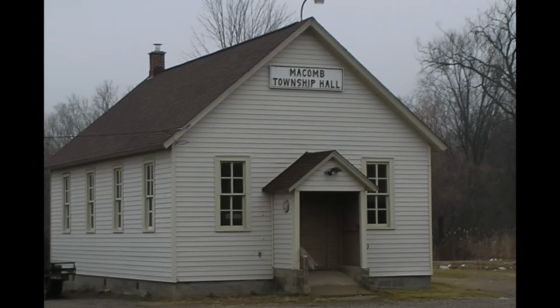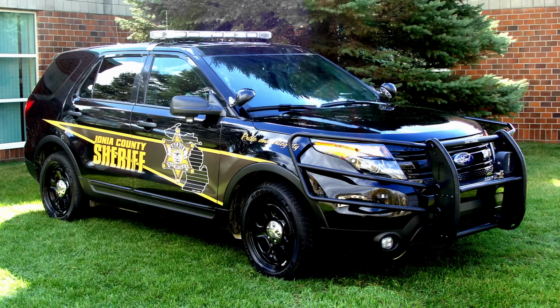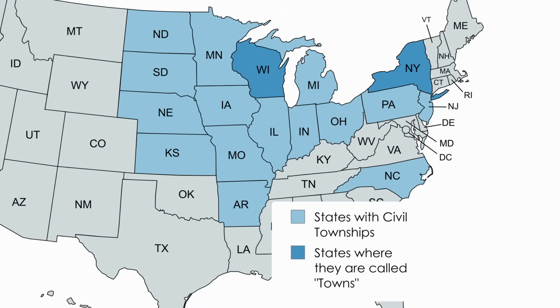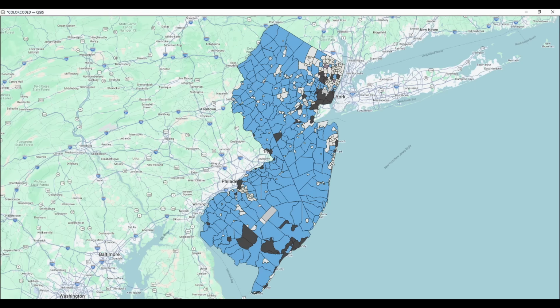But one trend is that they are less governmental than cities or other incorporated places. While they do have a town hall and manage their own roads and other infrastructure, municipal services such as fire, police, or hospitals are provided by the county. But again, it varies. In Iowa, the civil townships have basically no government function, whereas the townships in New Jersey